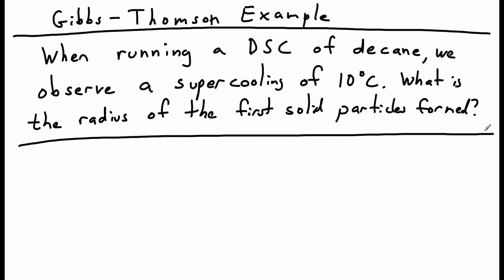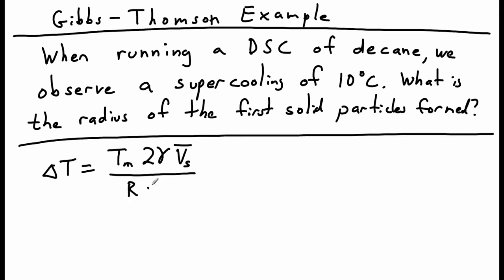So let's write down the Gibbs-Thompson equation. We see delta T, how much the freezing point is depressed by, is a function of the original melting point, twice the surface energy, the molar volume of the solid, the radius of the solid particles initially formed, and the heat of fusion. So we're going to have to look up several parameters. We can find the heat of fusion,